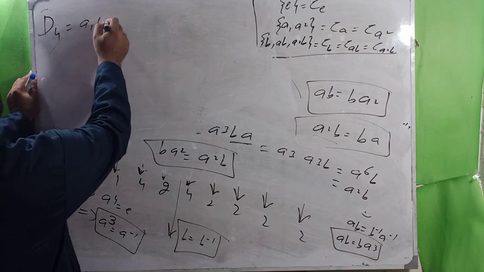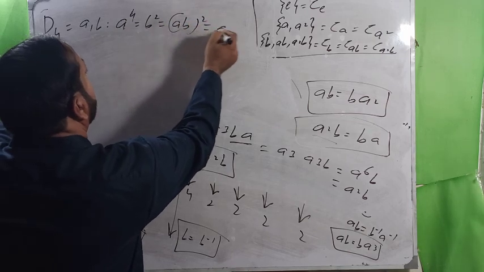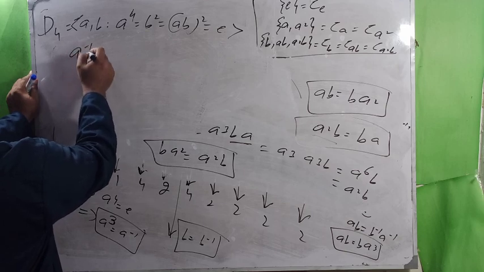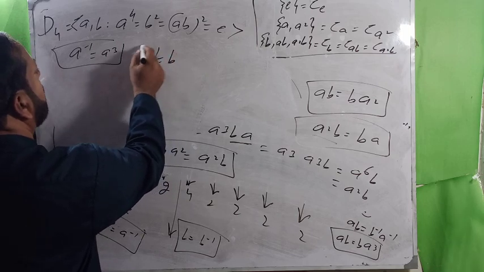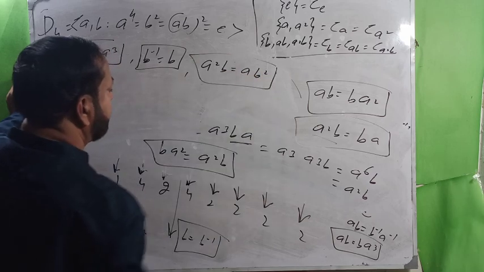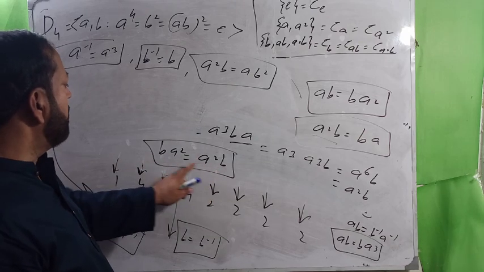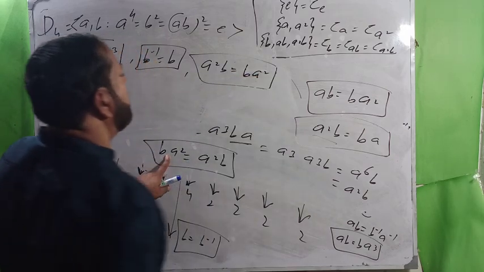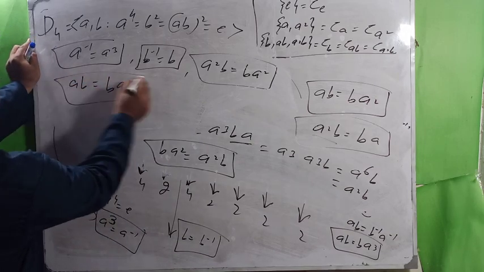D4, this is AB, A4, B square, AB square is equal to E. And here the conditions are A inverse is equal to A cube, B inverse is equal to B, A square B is equal to AB square, B square is equal to A square B. Okay, A square B is equal to B A square, and AB is equal to B A cube, and the last one is